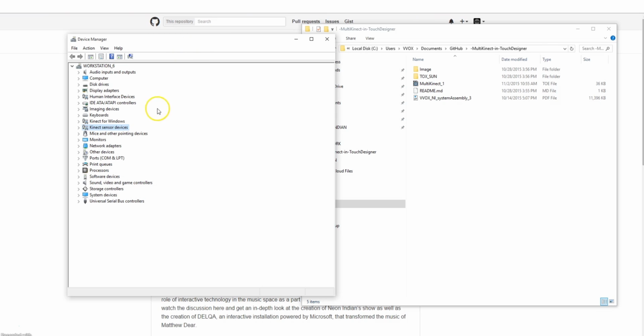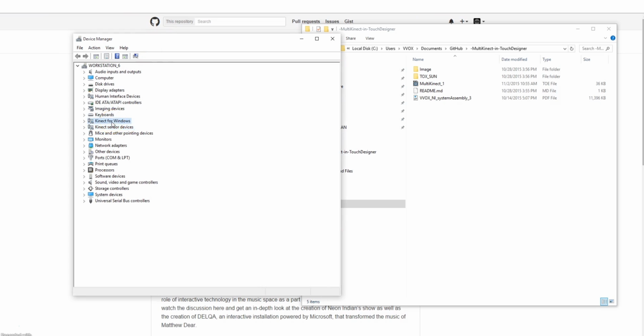But before we jump into the network, plug in your devices. For this tutorial, I'm using one Kinect 2 and one Kinect 1. In the device manager, you'll be able to see if the computer sees all your sensors. Make sure the V2 is on its own USB bus so that it doesn't collide with all the information from the V1s. We had an extra card in the computer to take on the V2 data.